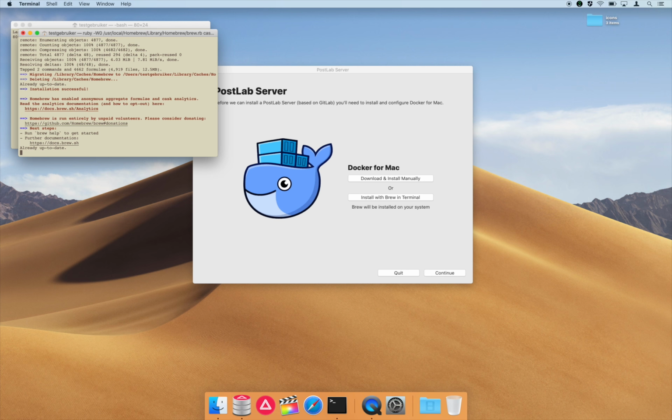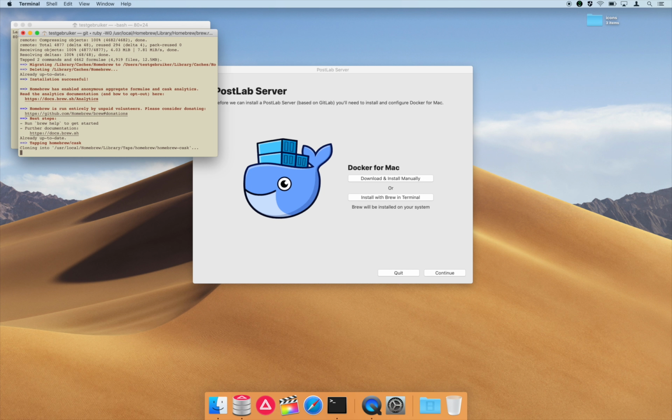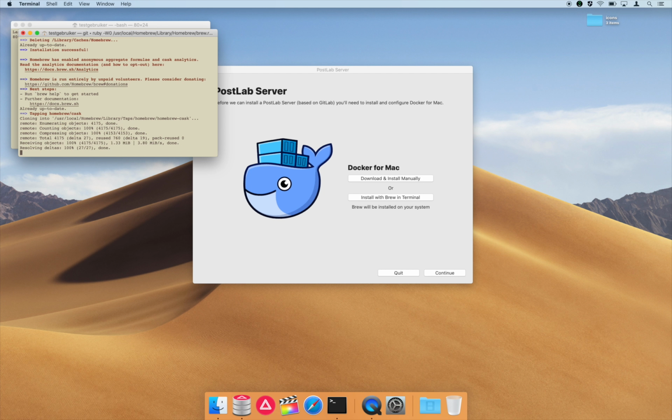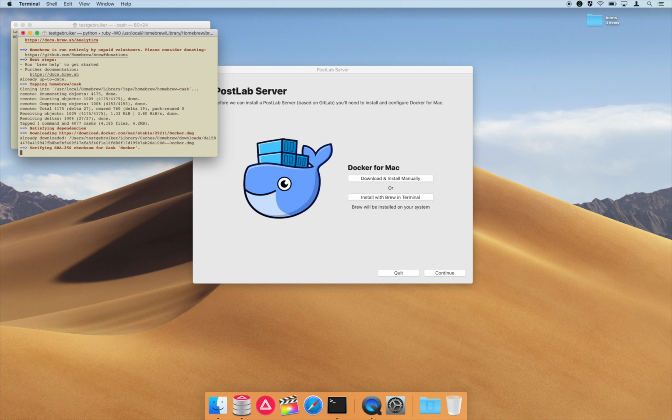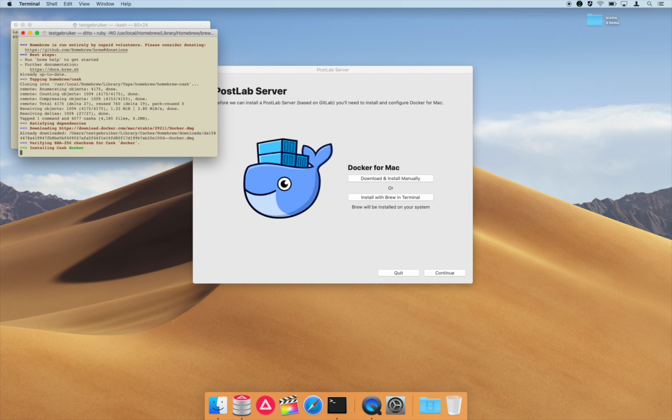So, for example, GitLab uses a lot of software like a web server, database, Git itself, Ruby, Rails, etc. You could of course install all those manually, but a container is sort of a working snapshot of an entire environment that you could run at any time, and it will always work. So you see it's now installing Docker, and it will run in your menu bar,